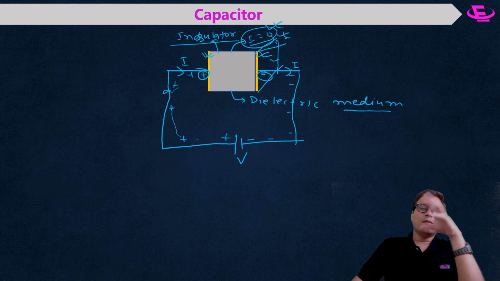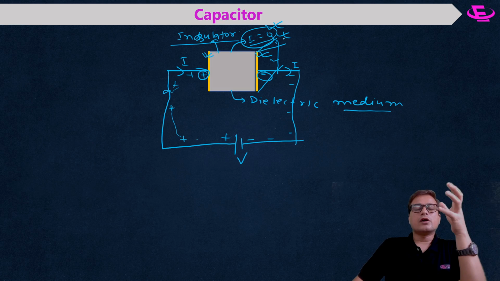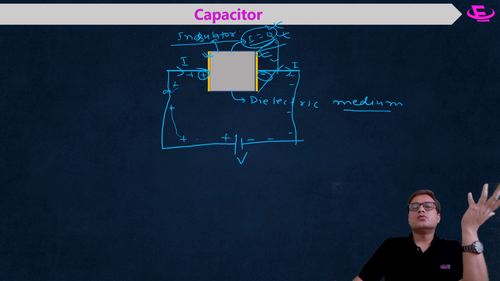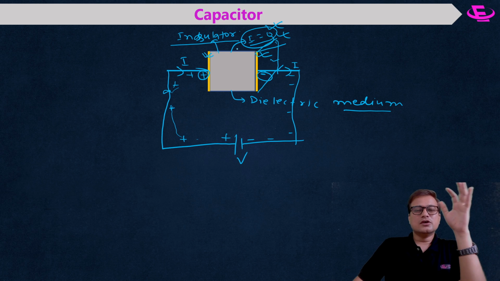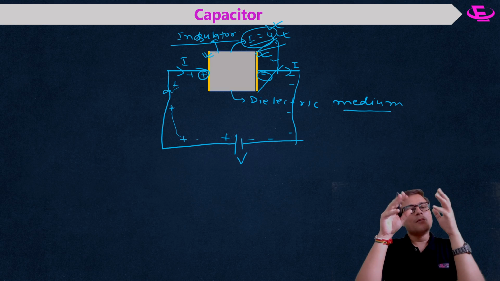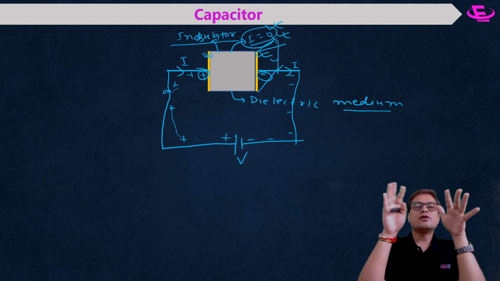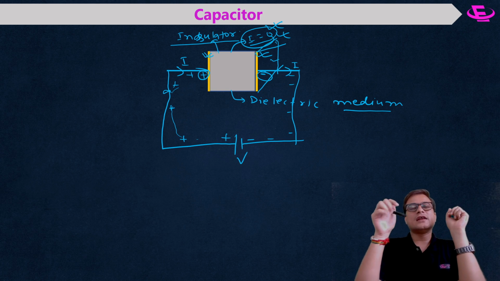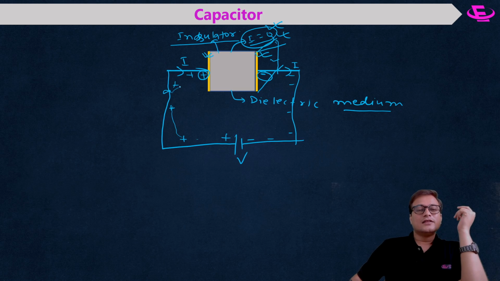When Ampere did the experiment, according to his law, the current through the capacitor was zero. So initially it was known to everyone that inside the plates of the capacitor the current is 0, but everybody was also saying that when we connect the capacitor, there is current. They were saying that there is current up to this point only, but after that there is no current. So how is it possible?